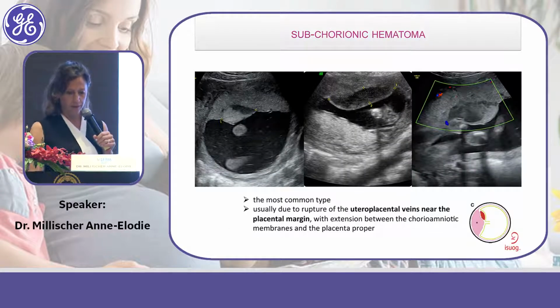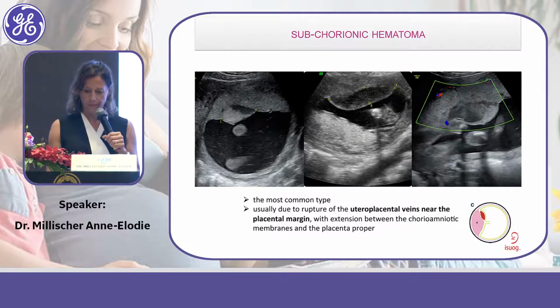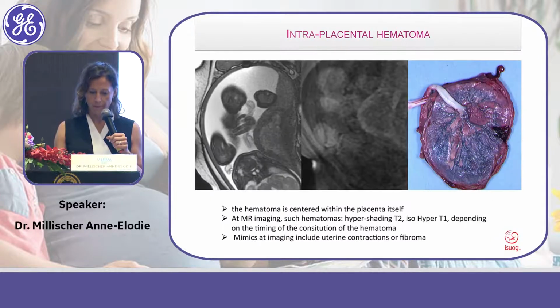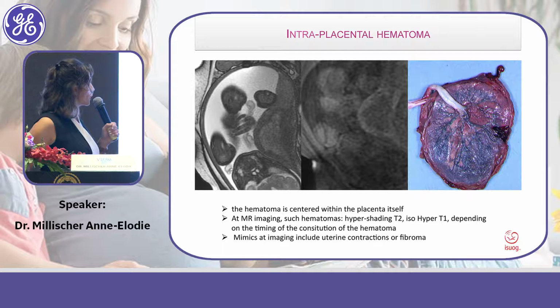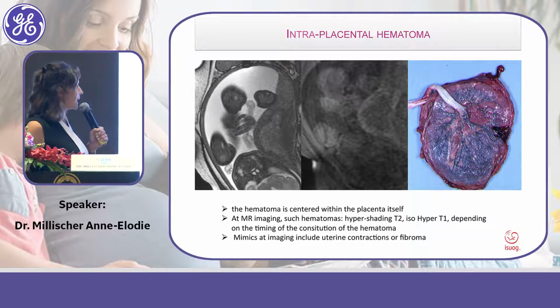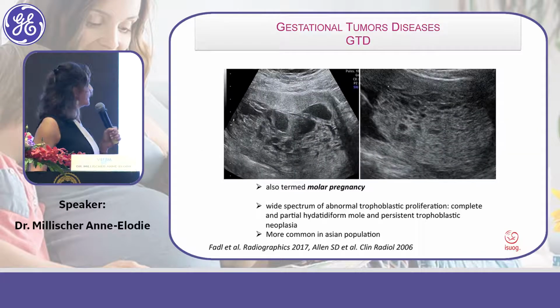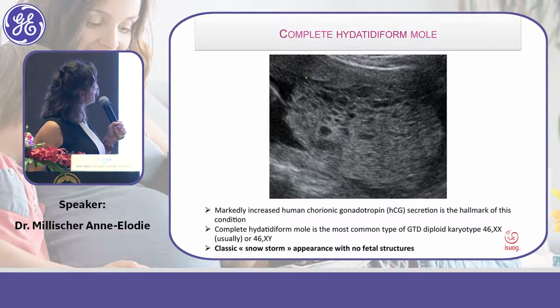Và trong cái bệnh lý này các bạn cũng sẽ thấy là một cái khối ở bên trong bánh nhau và nó có rất nhiều nang nhỏ ở bên trong. There's not a lot of vascularization inside. Và nó không có cái mạch máu ở bên trong. It can be complete or partial. And here an example of complete hydatidiform mole.